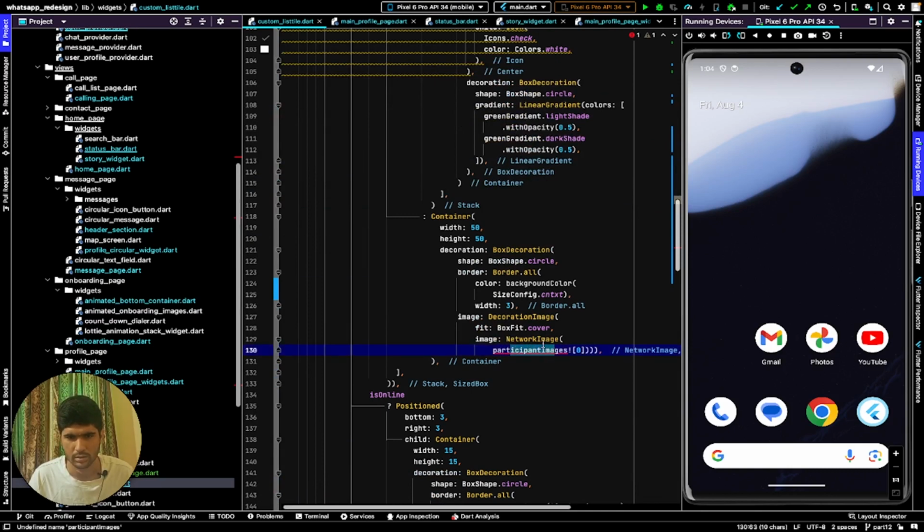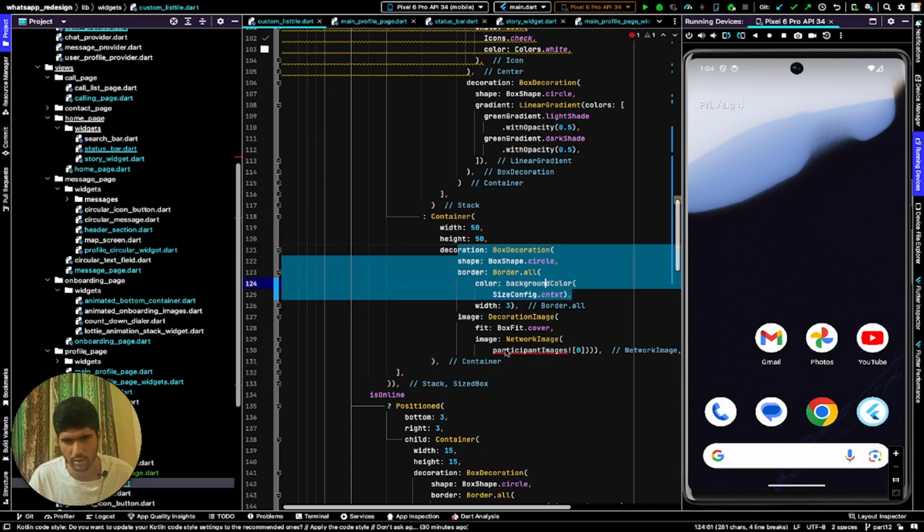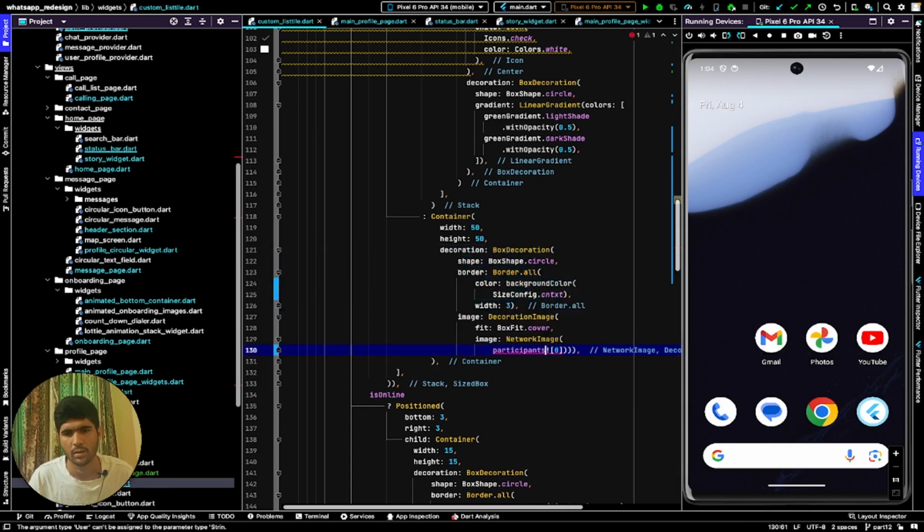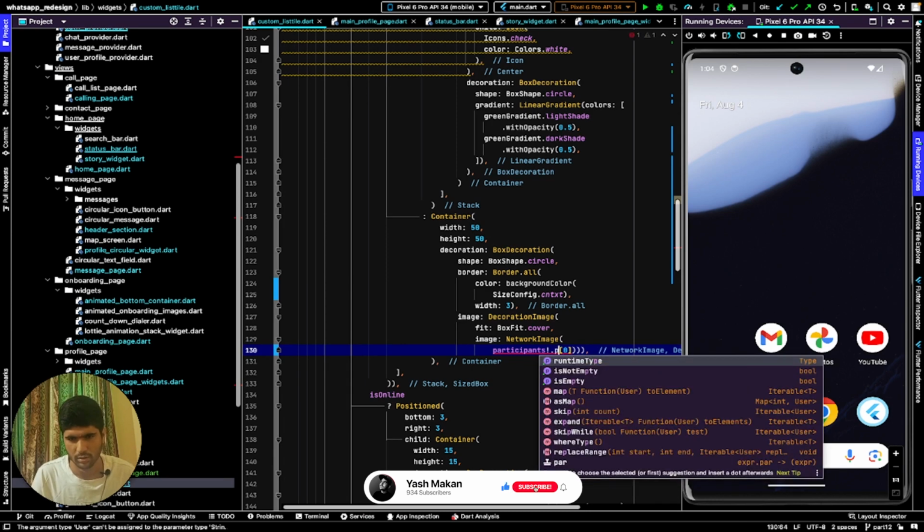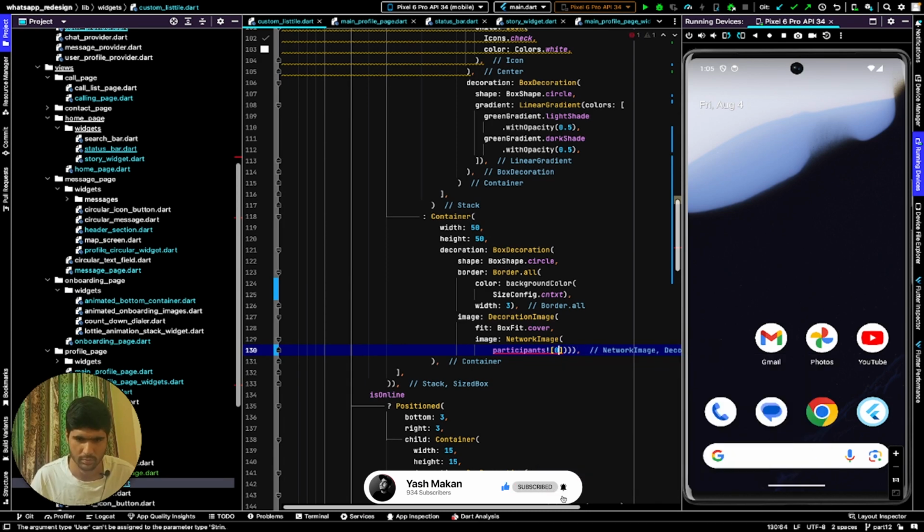And this is also a circle image with the background color. Participants 0. Okay. Dot picture. Yeah, probably this is right,